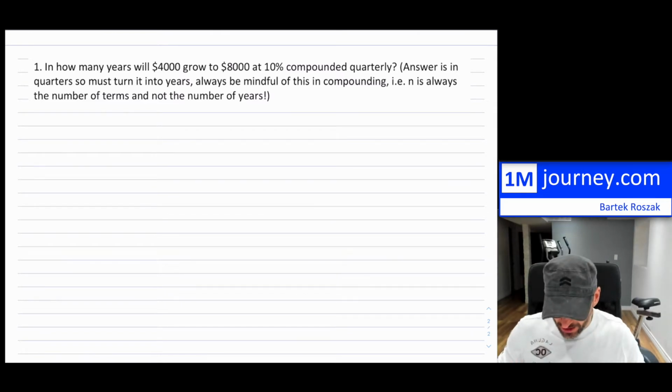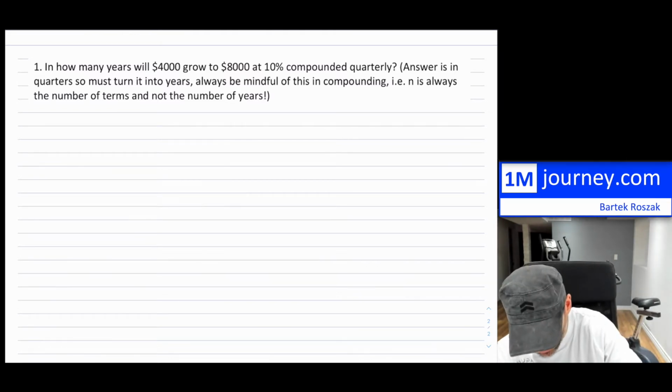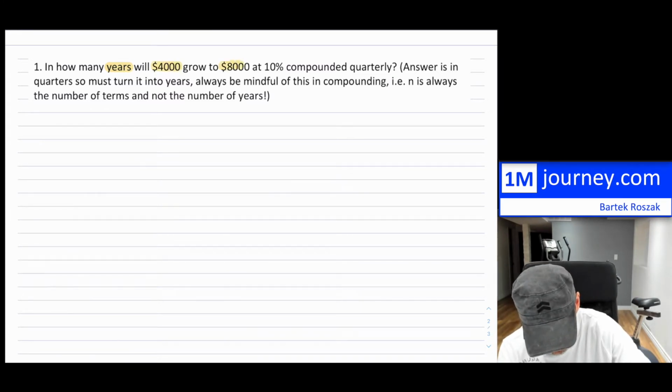So what do we have given? In how many years will $4,000 grow to $8,000 at 10% compounded quarterly? Now, the answer is in quarters, so we must turn it into years. If they want to know how many years you have, that's what we're going to have to try to find. So all of this information that we have given here,